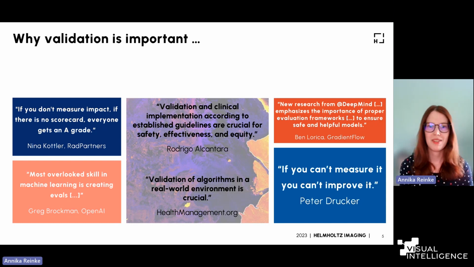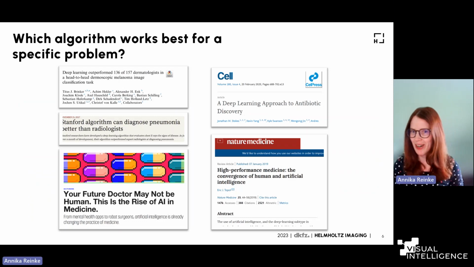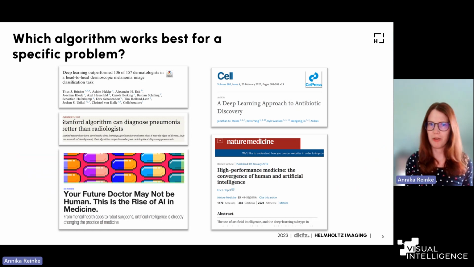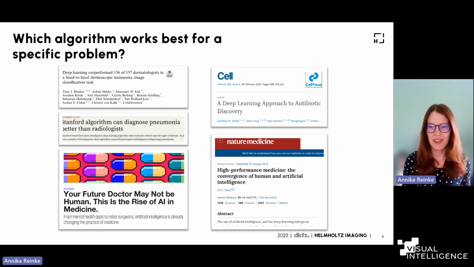But before we go into this, how can we actually find the best algorithm for a problem? If you look at different articles, you will basically see every author will claim that their method is the new state of the art, outperforming all the others. But can we compare them? Not really, because all of them are validated on their own specific data sets, use their own metrics and whatever. So it's really tricky to find the best fitting algorithm for a very specific research question.